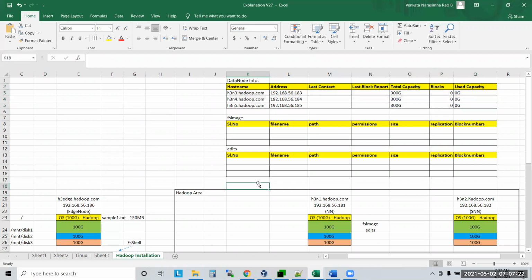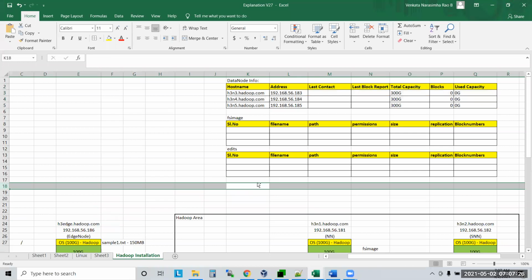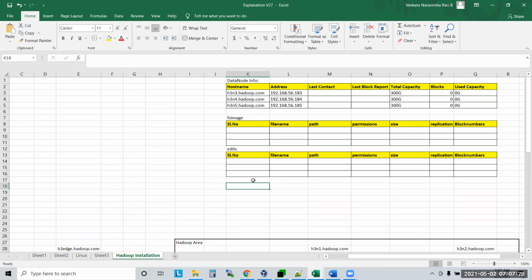Do you have the block report here, guys? We said that the name node will maintain 4 different reports, right? Where is the block report? So now the block report. What will you have here?